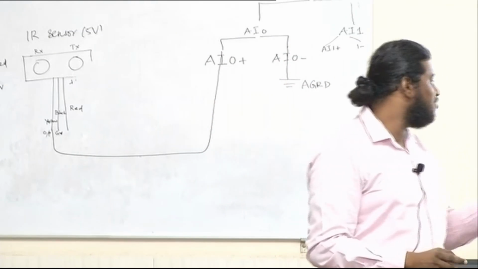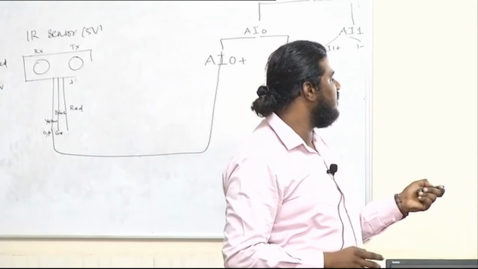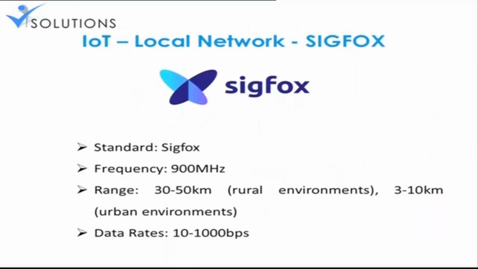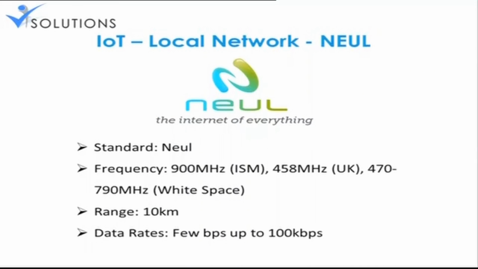Actually speaking, in the very first slide, if you see here, it talks about ISM. Do you know what ISM means? Yes, it's industry, science and medical. For them this is the range, which means they have their specific range. Others are all common ranges and don't have specific ranges. So coming here, you can see that ISM works on this band, and for the UK it works on this specific band. You can see there is a different band for each one.